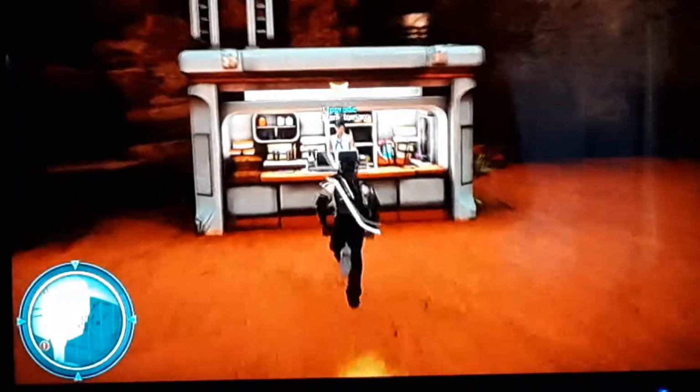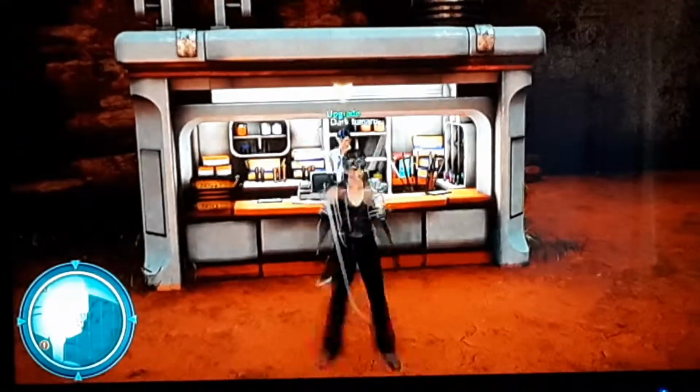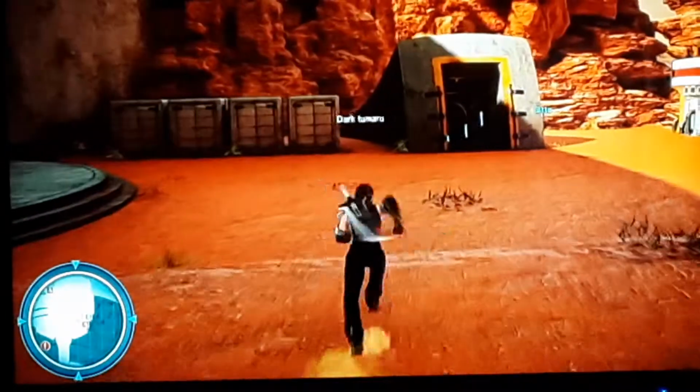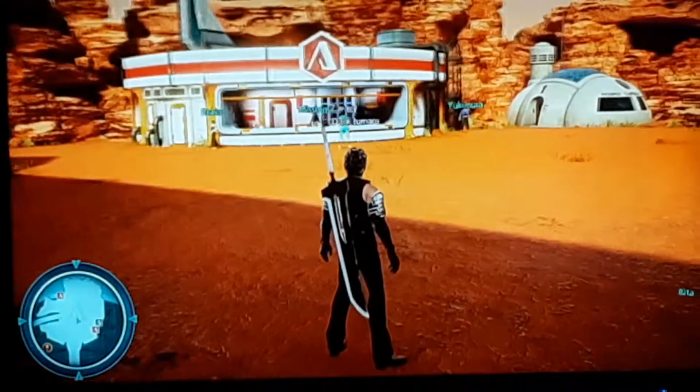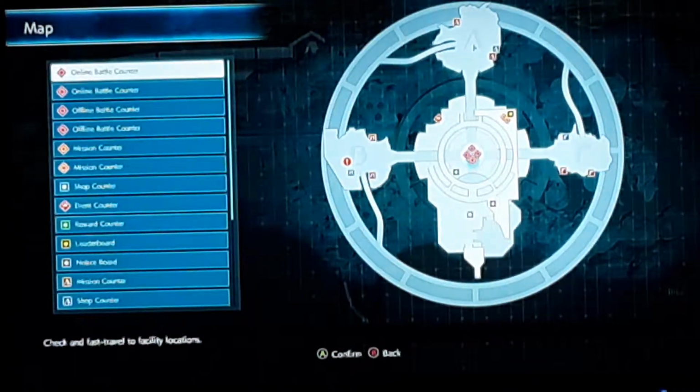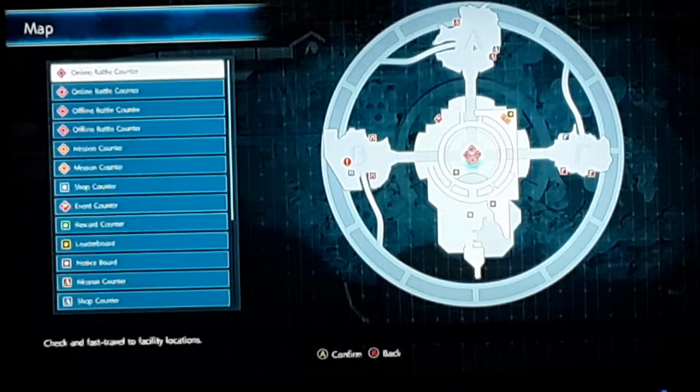So over here you have upgrades. And there's a bunch of different upgrade sections. So when you go to online, okay, just hold down the Y. This is for Xbox people. And you'll see,